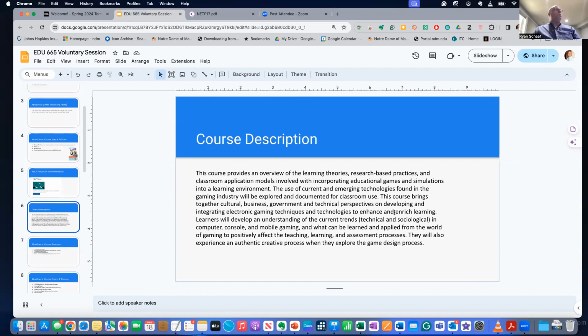Okay, so course description. This course provides an overview of the learning theories, research-based practices, and classroom application models involved with incorporating educational games and simulations into a learning environment. So the use of current emerging technologies found in the gaming industry will be explored and documented for classroom use. This course brings together cultural, business, government, and technical perspectives on developing and integrating electronic game techniques and technologies to